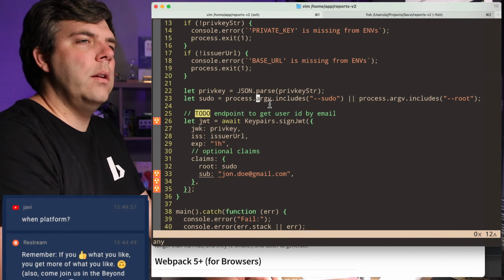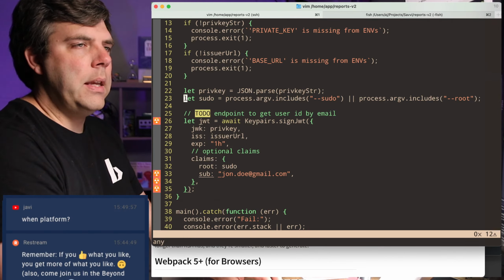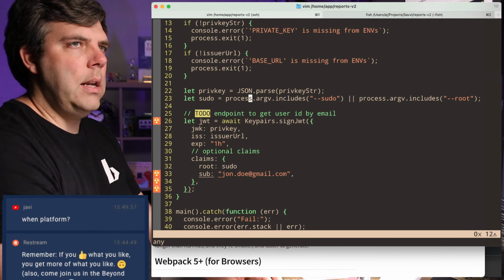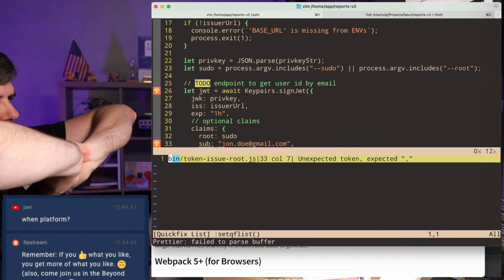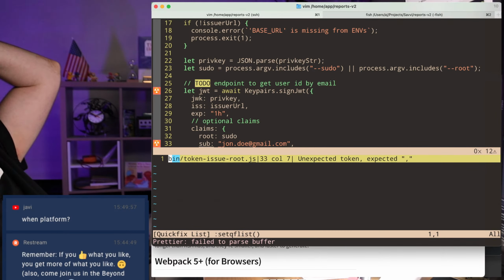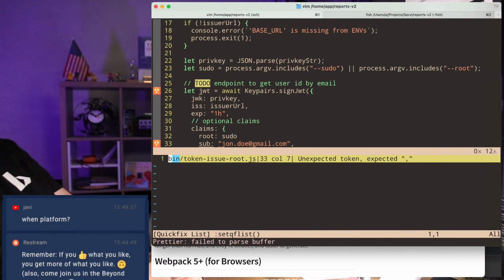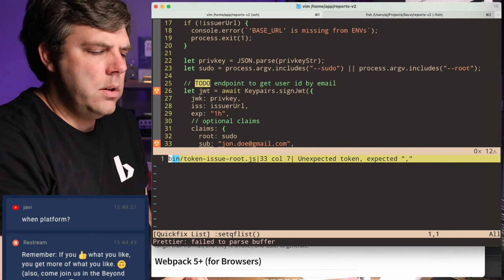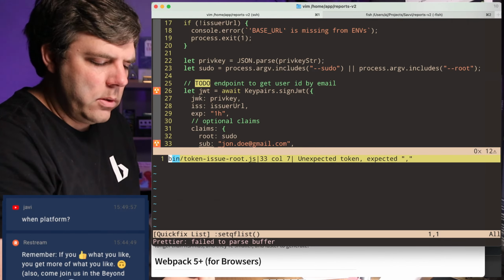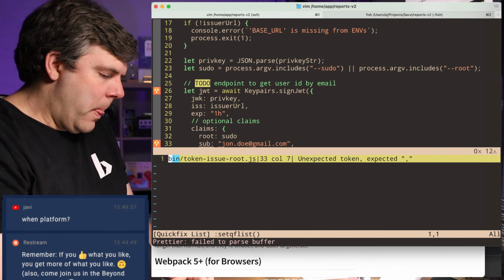Then I'm going to add an endpoint that we can grab the user ID of someone by their email address. I have a special flag for it so that it only works for development email addresses unless some sort of special flag is used.